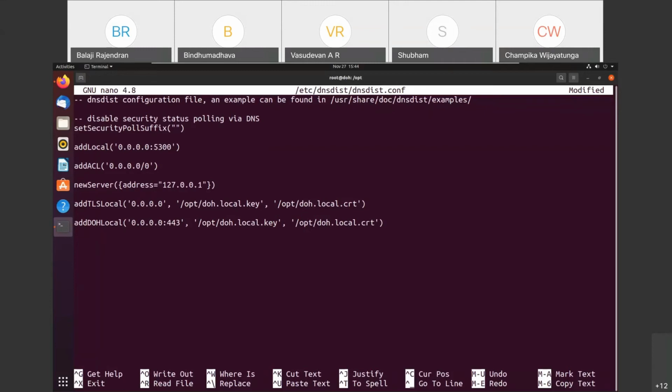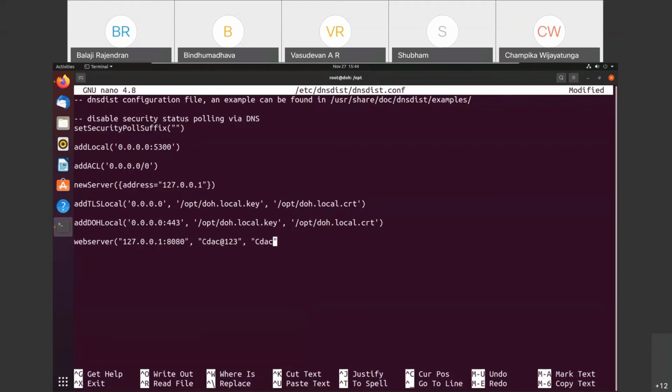So this is done. And one last step, just for monitoring purposes, I will add a web server so that I can see the statistics on this DNSDist. I will add a web server on the localhost so that it is only accessible from the localhost, and then I will set the password. The third parameter is the API key.